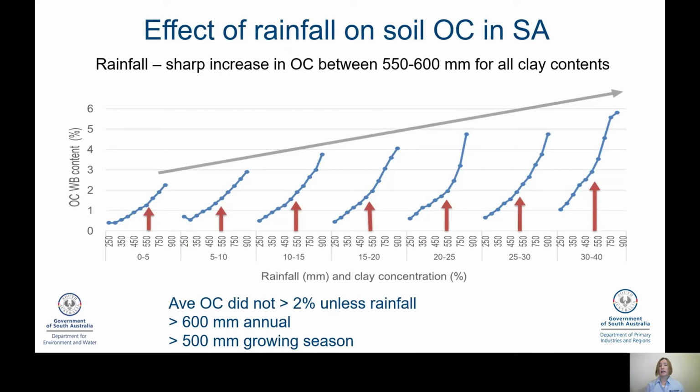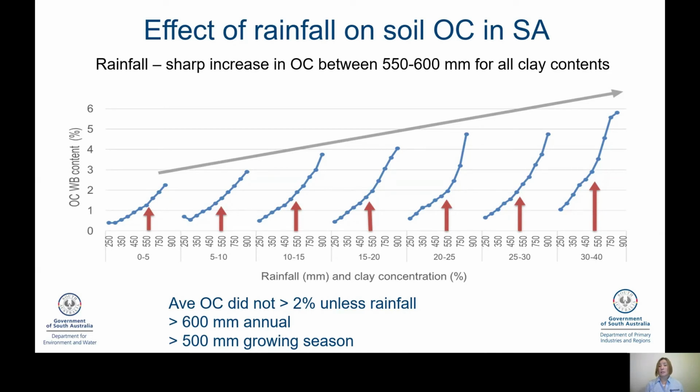As we said, the effect of rainfall on carbon in South Australian soils, we're finding that we've had two different studies where we've looked at what the carbon values are dependent on rainfall. This one shows again on the y-axis your carbon in the Walkley-Black content. Down the bottom there we have rainfall values to 250, 350, etc., grouped by clay concentration. So basically again on the left-hand side we have sands going up to clays. That little red line there often is that peak where you start to see the carbon value shoot up, and that's often around that 550, 600 mil.